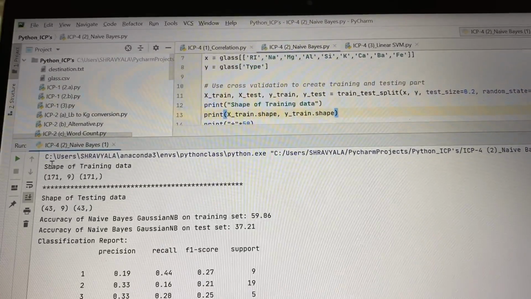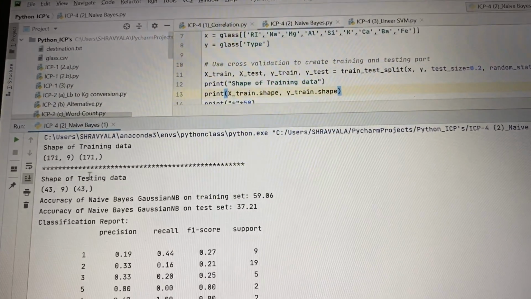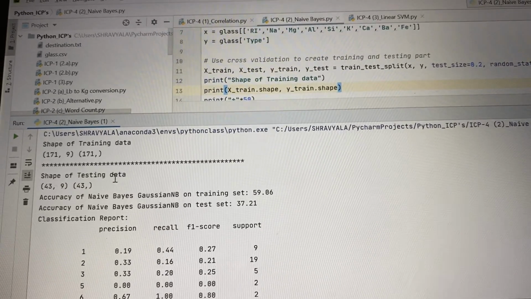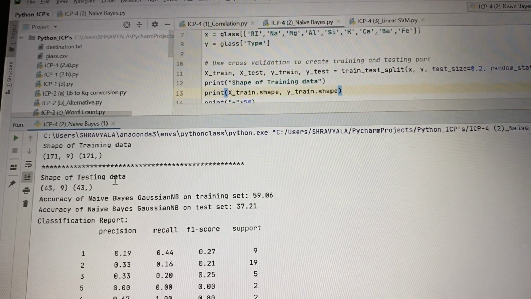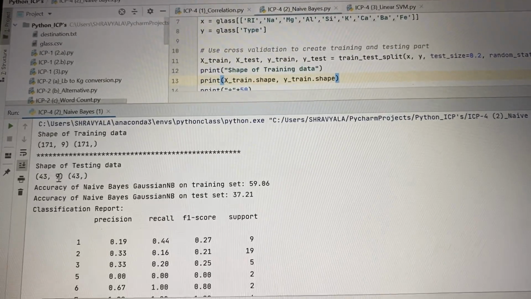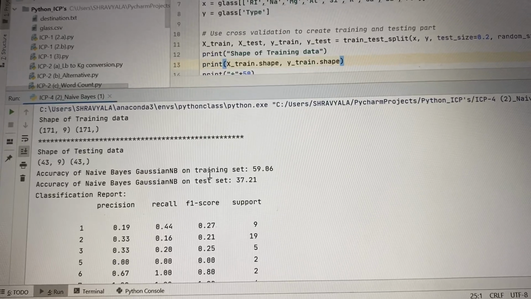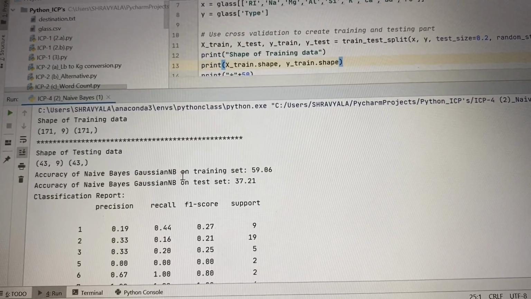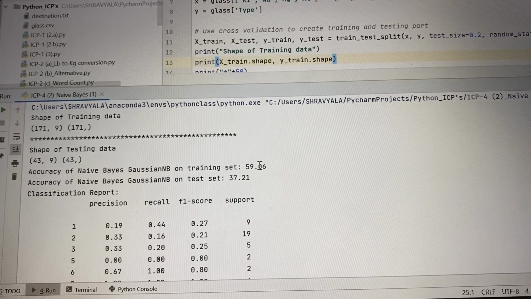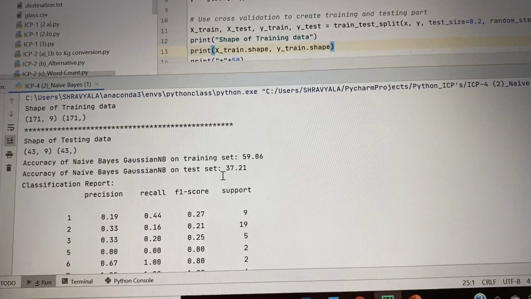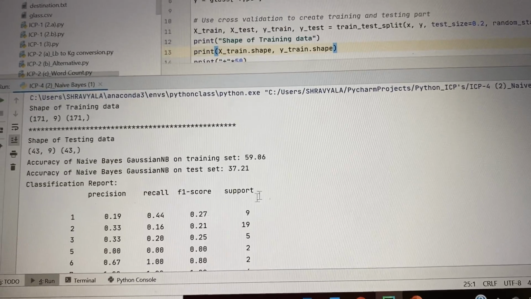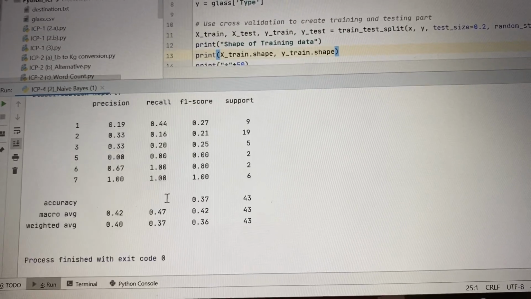It's giving the shape of the training data, and after train_test_split it has got the testing data, and it's giving the accuracy using the NB Gaussian. So it is 59.06. For the test part it is 37.21, and this is the classification report. It also printed over here.